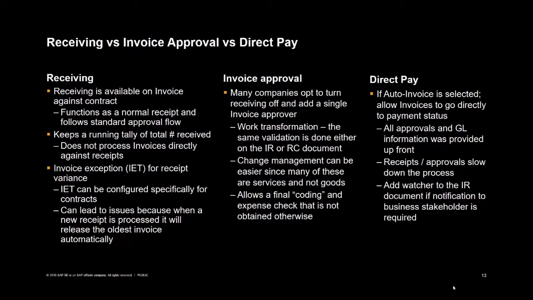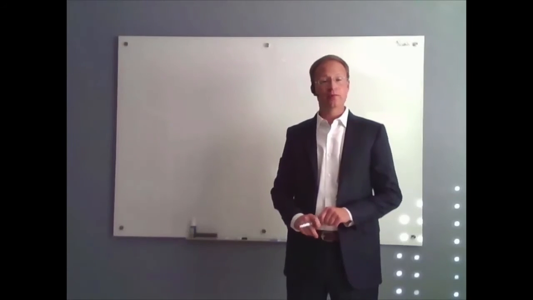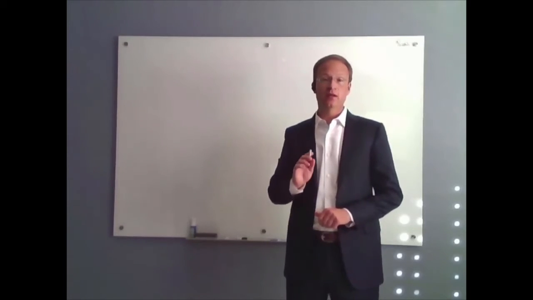You obtain all of that financial approval on the contract before signature. At that point, you make sure the GL information is provided up front. You enter it into the line items. And this is really used when receipts and approvals just slow down the process. It adds more labor, which makes the process less efficient. And you can always add a watcher to the IR document if you want to notify people when this is occurring. Wanted to give you a little bit more background on the receiving on invoice against contract and some of